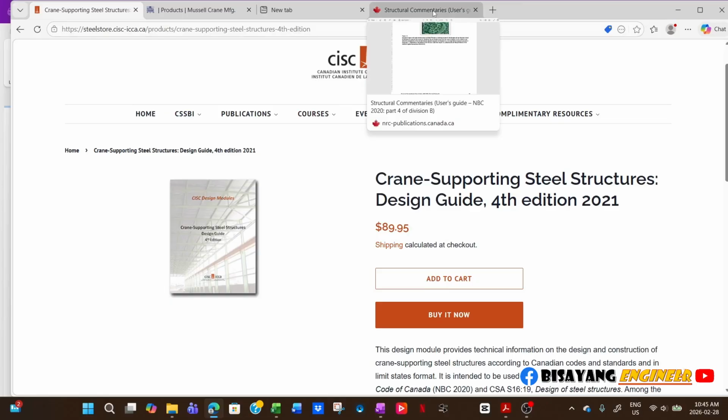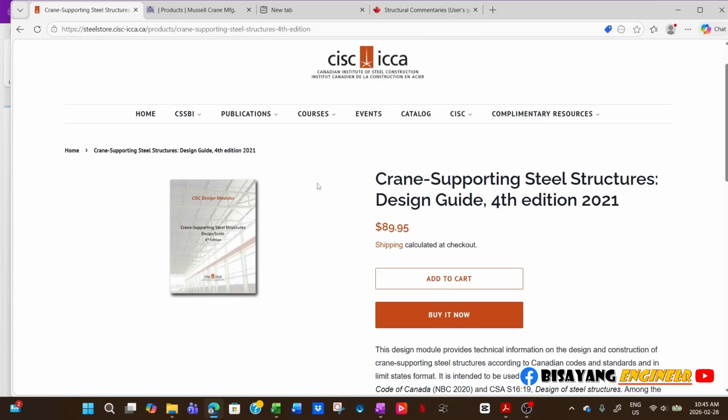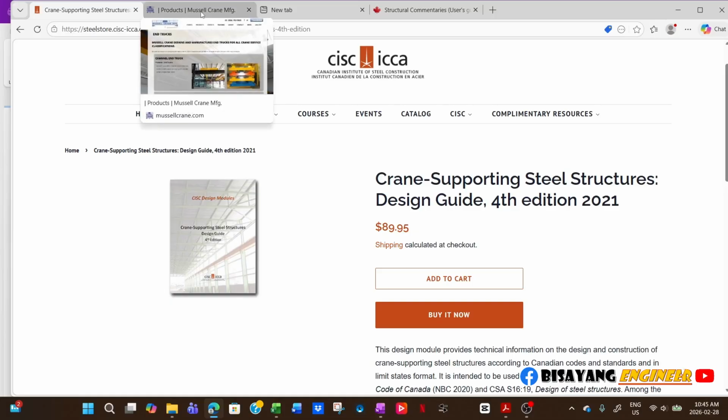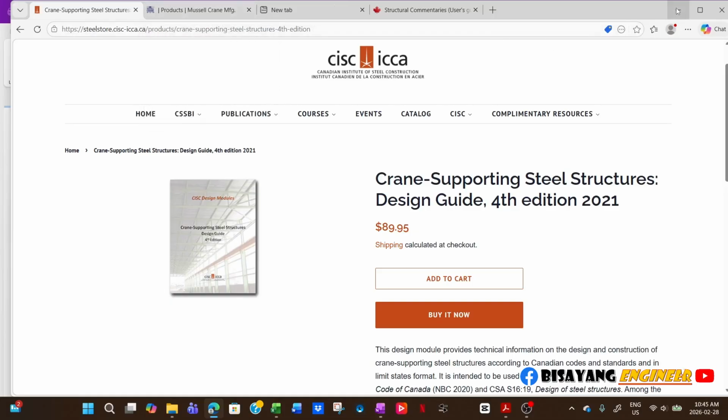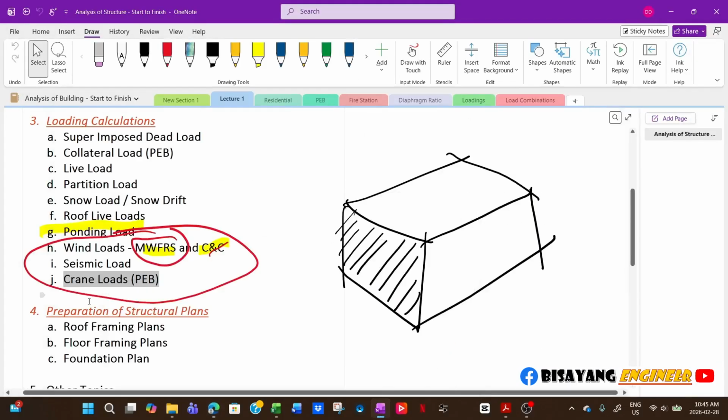I'm sure in the US they also have a design guide for this. I'm just not familiar with it, but I'm almost certain that the American Institute of Steel Construction has a design guide for this. And now, yeah, so usually